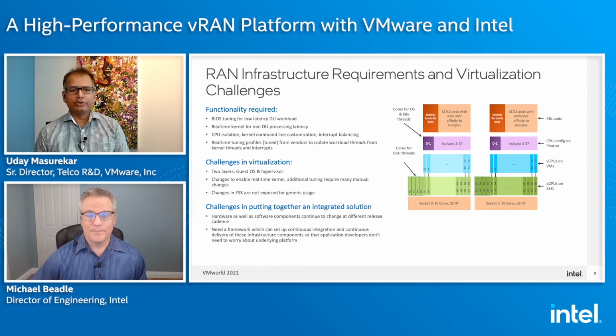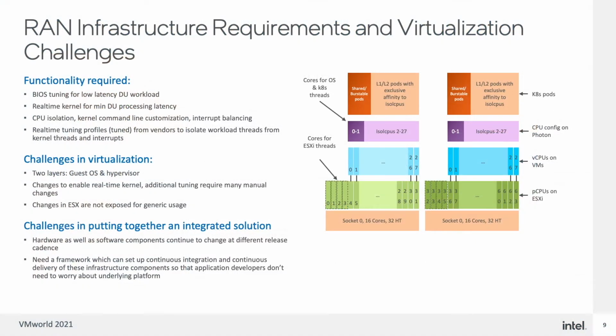Thank you, Mike. So I'm going to take your slide and those different functions that you mentioned and try to bucketize them into 3 different sections here. One, functionality required, two, what are the challenges in the virtualization, and three, challenges of putting all the stuff in as an integrated solution. But before I do that, I just also wanted to show this pictorial representation on how the stack is being built. And that also maps to some of the things that I'm covering in the first section, which is functionality required. So as you see here, at the bottommost layer, you have the hardware elements like CPU or the accelerator cards or the NICs and so on and so forth.